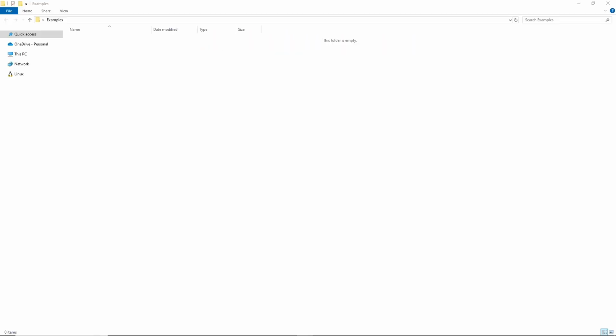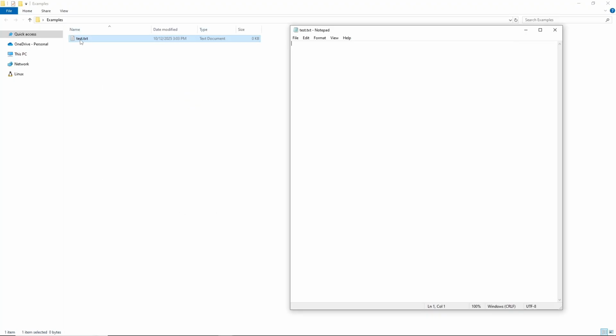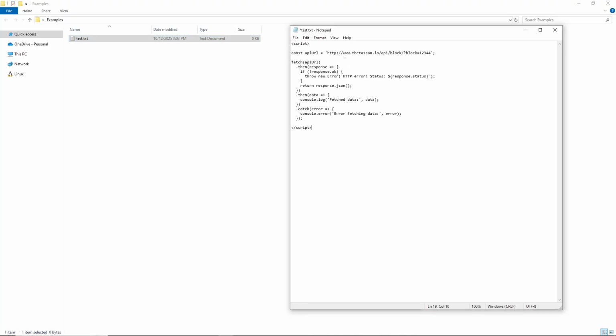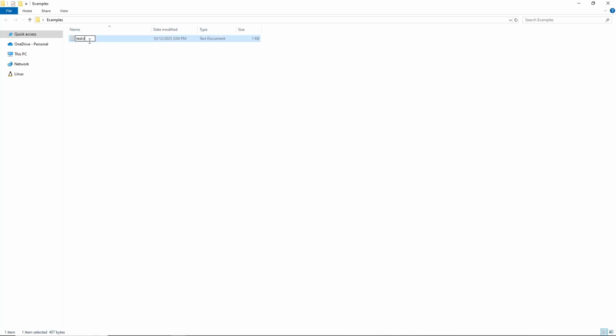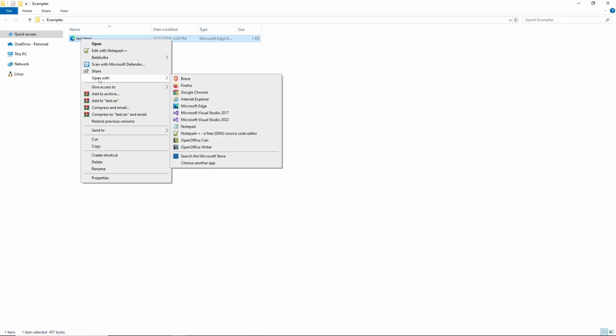Now let's test out what we just learned. So we are going to make a new text file. We're going to call it test, and we're going to open that, and then we're going to paste in our JavaScript, and we are going to save this, and we are going to rename this to HTML, and it's going to warn us that it may be unusable, and now it can be opened in our web browser. So we are going to open with Firefox,